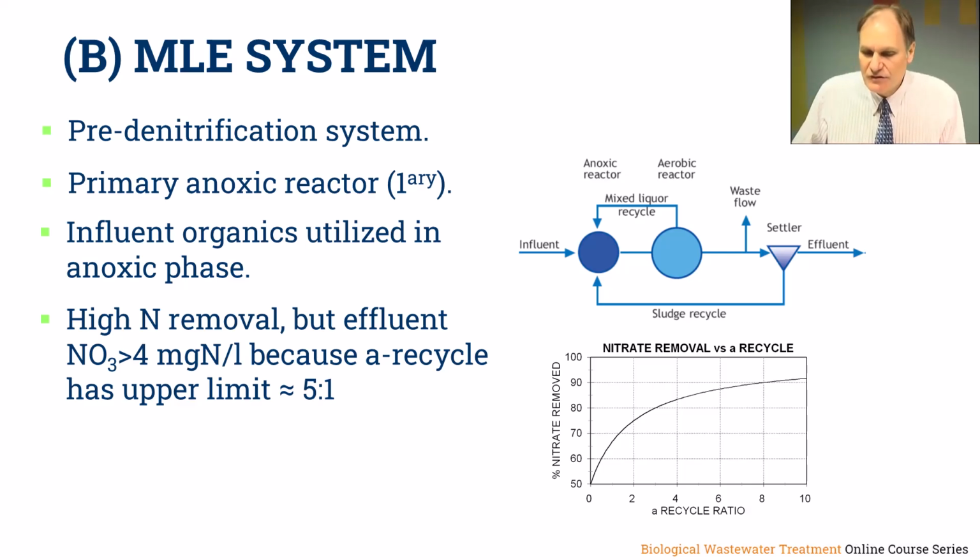And it's for this reason that a practical maximum A recycle ratio is established on the system at around 5 to 6 times the influent flow, because the gain after higher recycle ratios is not worth the pumping costs. The third